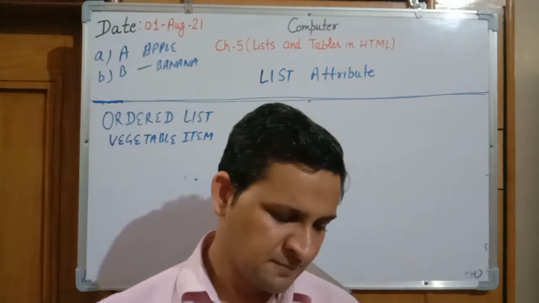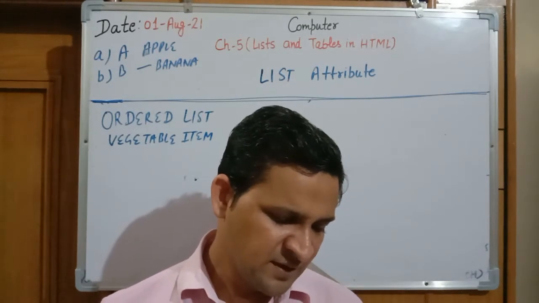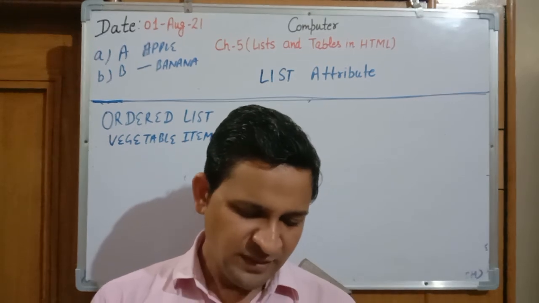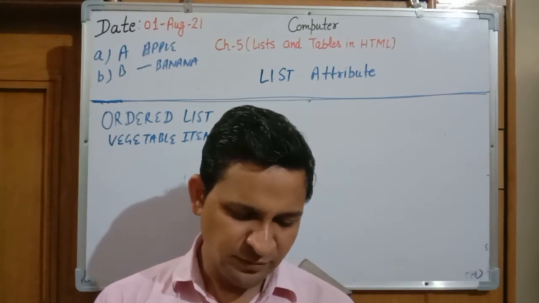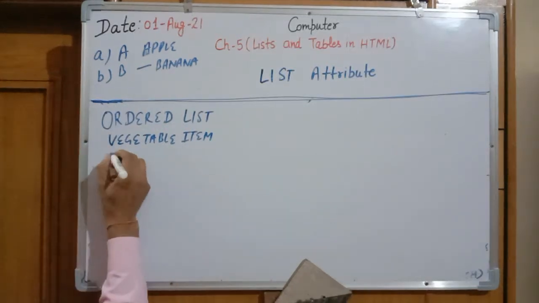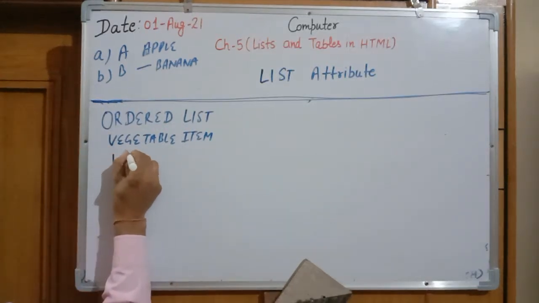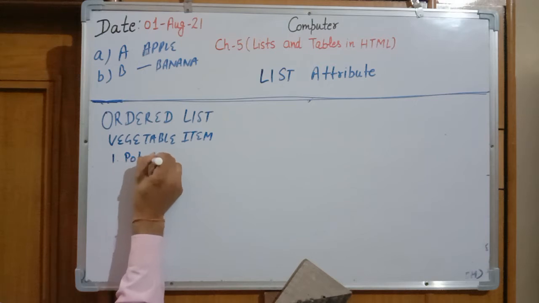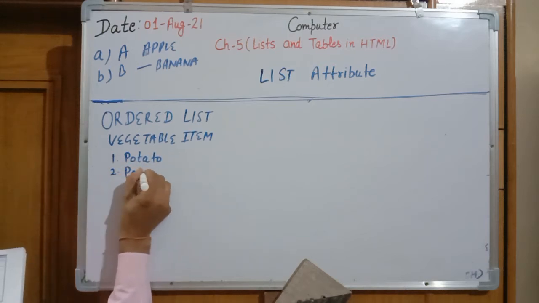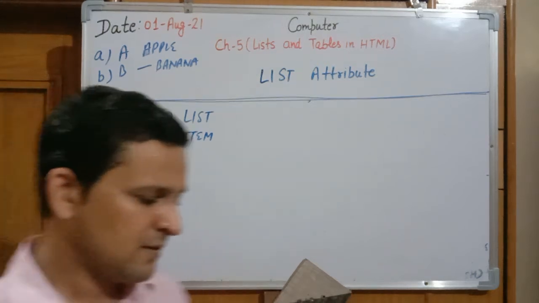After headings, the next thing that is given is OL, ordered list. In the ordered list, the first item is given as potatoes, the second item is peas, and there is no type of item given. That's why by default it will be sequence number 1 potato, and the second item that they are taking is peas. This is the result of OL.